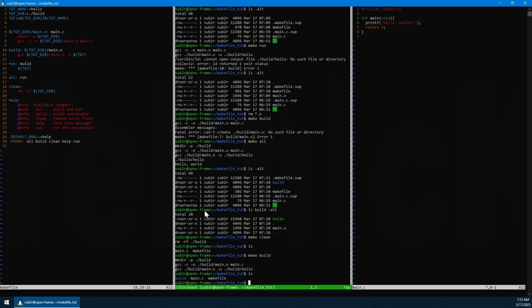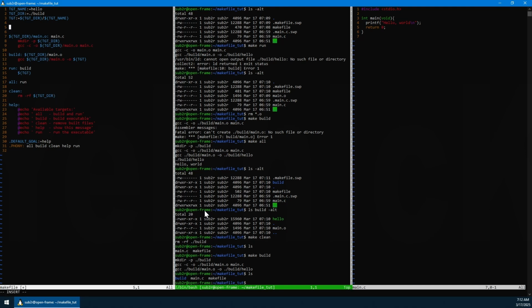Next thing we want to do is to have the list of objects in the Makefile, which for now includes the target dir main.o, and then what we can say here is getting objects. So the build depends on all the object files, which will have more than just main.c, and it's time to